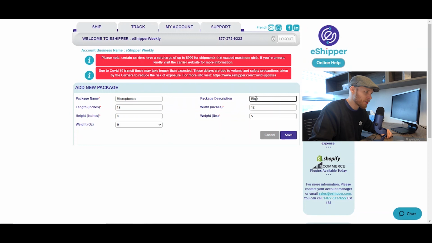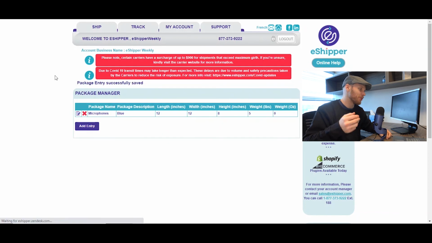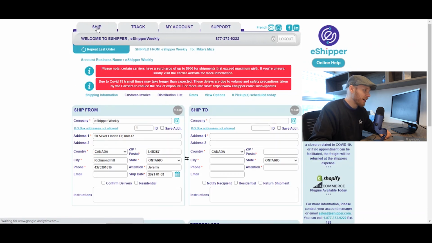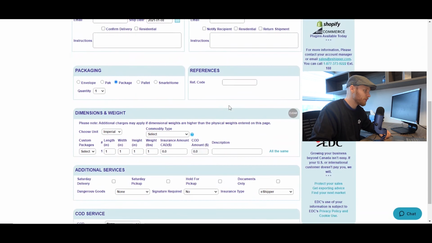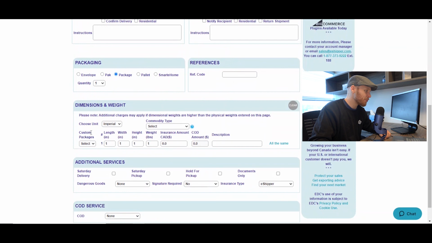Package description, I'm just going to put in blue, just like the mic I'm using right here today. So when I go back to ship, I can scroll down to dimensions and weight here. You'll see custom packages. Now you click select, and then you'll see options there. I clicked the one I saved there, microphone, and it auto-populated all the dimensions and weight and the description, so you don't have to remember and go look up all this